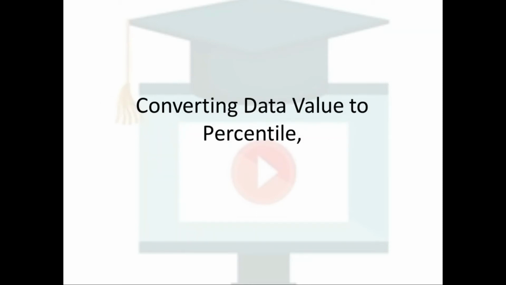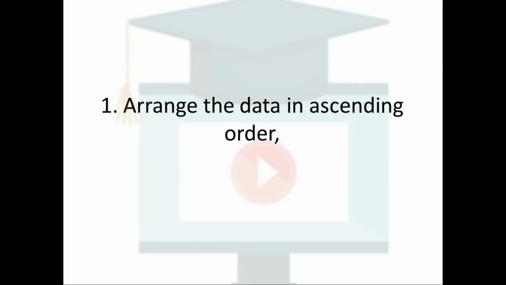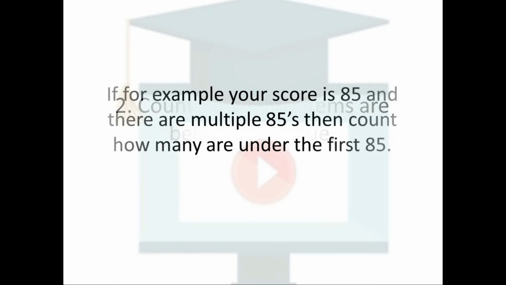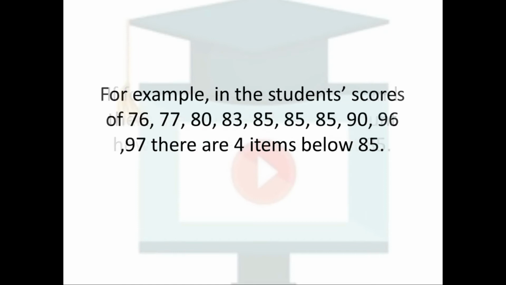Converting data value to percentile. 1. Arrange the data in ascending order. 2. Count how many items are below your value. If, for example, your score is 85, and there are multiple 85s, then count how many are under the first 85. For example, in the student's scores of 76, 77, 80, 83, 85, 85, 85, 90, 96, 97, there are 4